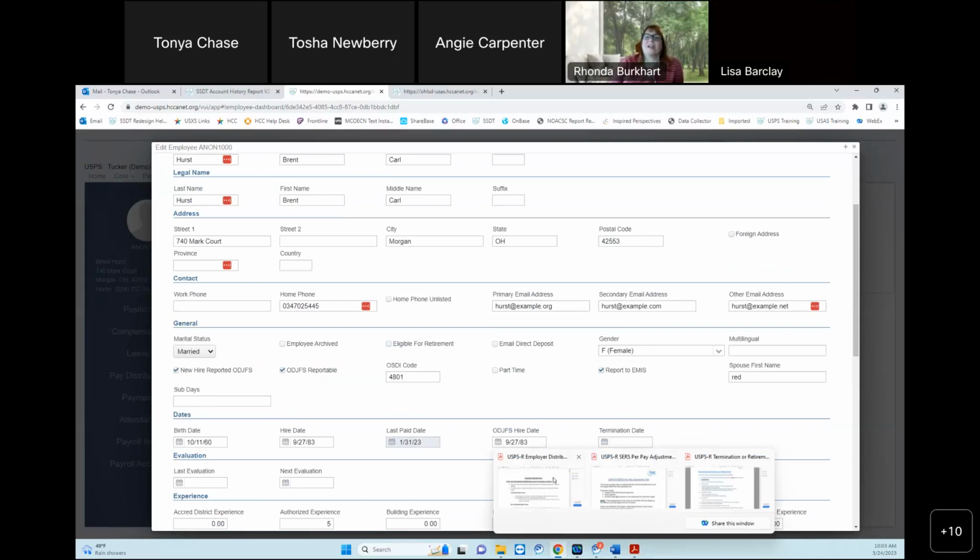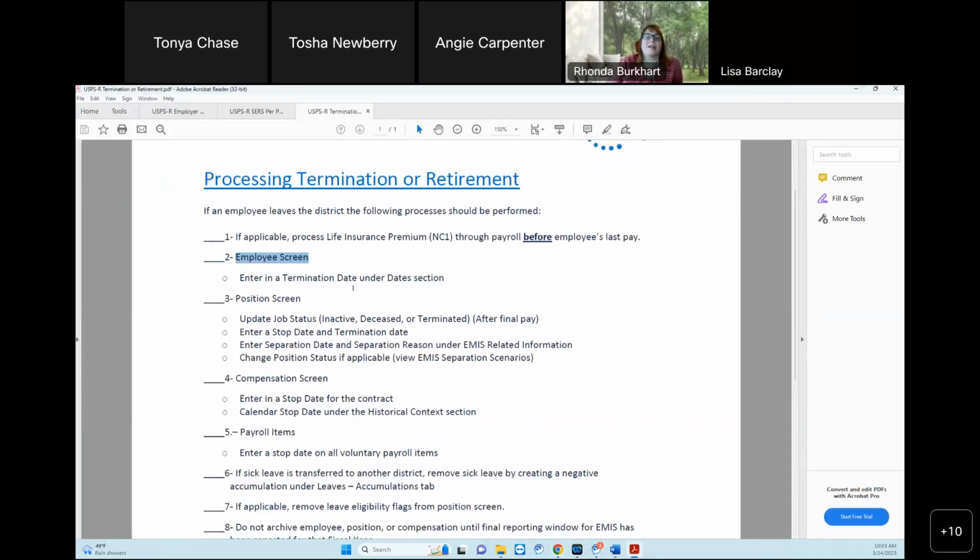All right, so termination date. Entering that termination date on the employee screen will not prevent that employee from being paid, just as FYI. On the position screen, there's a couple of fields there that you want to update. The job status is the big one, but you don't want to change that until after they've received their final pay. Because changing it from an active status to any of these other statuses will prevent them from pulling into the payroll. So this is once they've been paid out, you want to go in and change them to inactive,